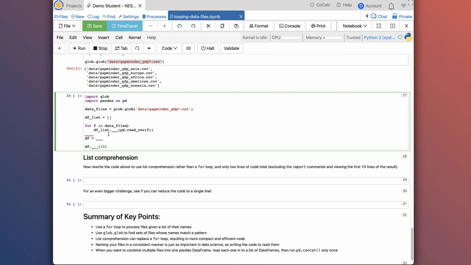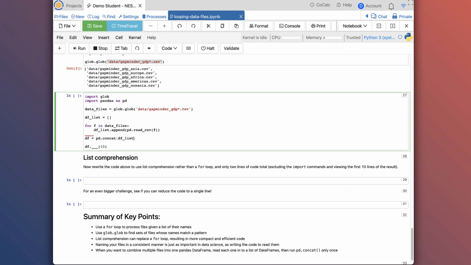And then inside the body of our for loop, what we have is dflist.something(pd.read_csv(f)). So dflist dot something, we want a list method, and above we saw that what we're doing is we're appending each data frame to our list of data frames as we go. Then the next line is just a white space line, and then we're out of the body of the loop with df equals, and this is where we want to concatenate all of the data frames in that list to a single pandas data frame with pd.concat